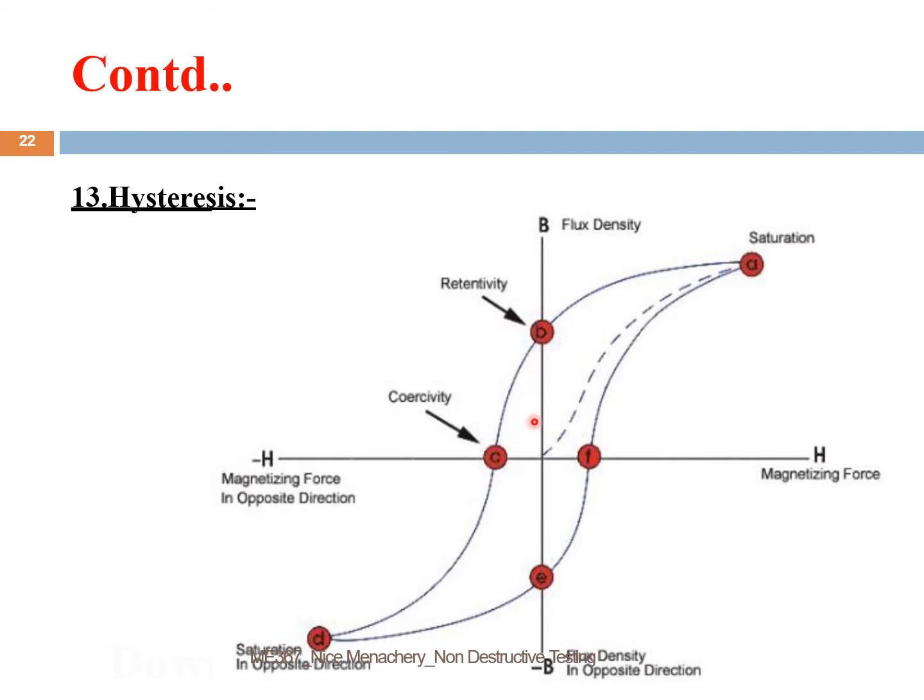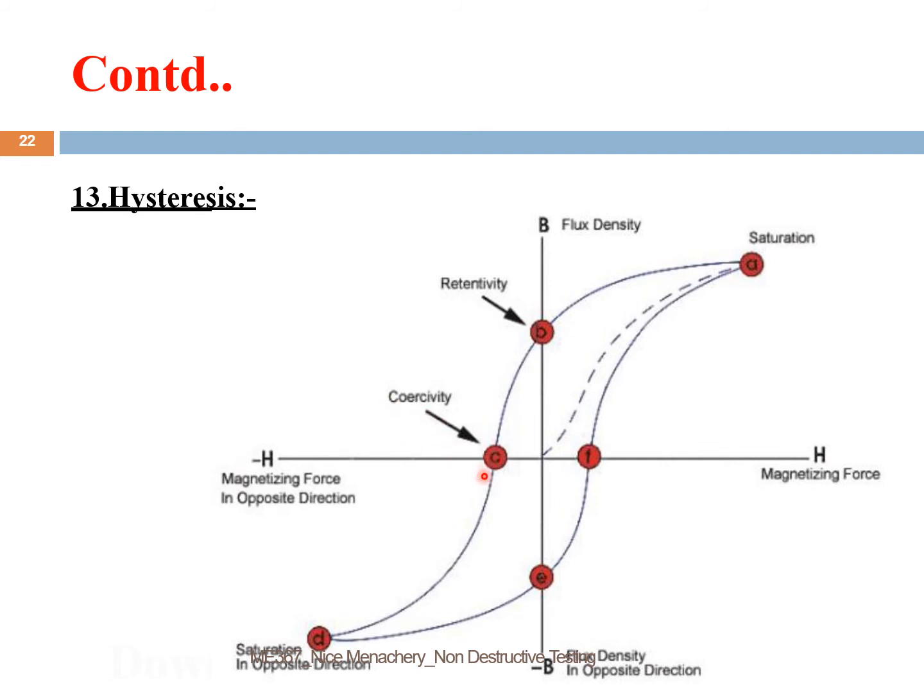This is one of the most important properties for a paramagnetic material. Now, again, when you're decreasing the magnetizing force, that is you are applying the magnet, or you are altering the field, you are altering the poles, and you are applying the field in the opposite direction. So what will happen is the retentivity will again go on decreasing, and at a particular value of minus H, we will reach the point C.